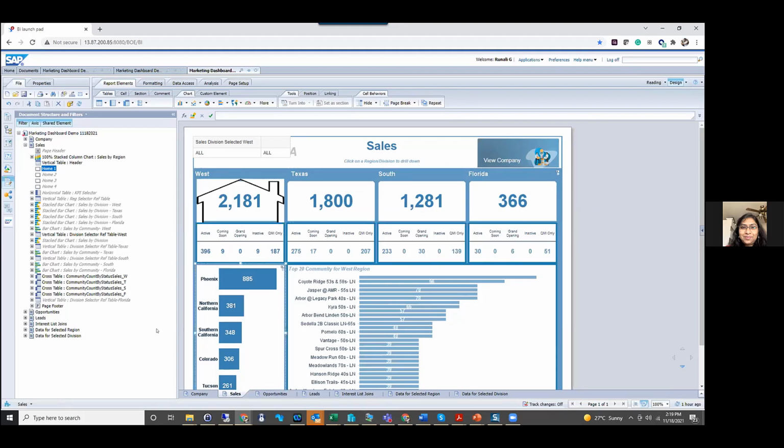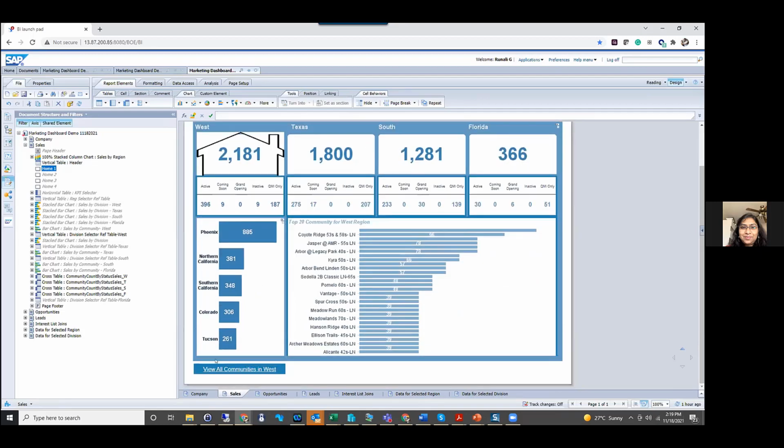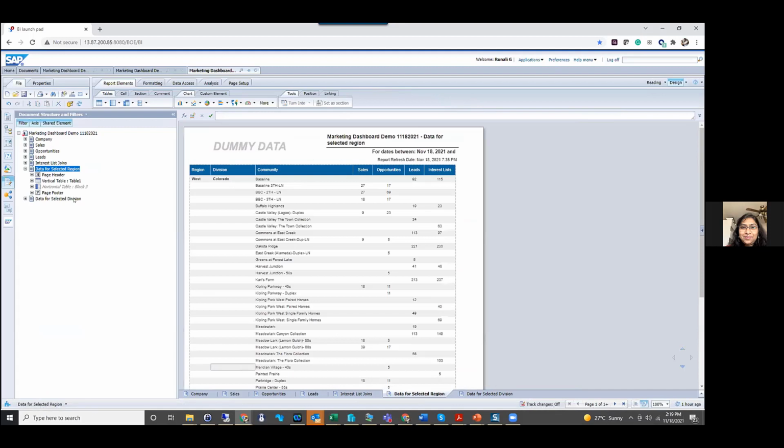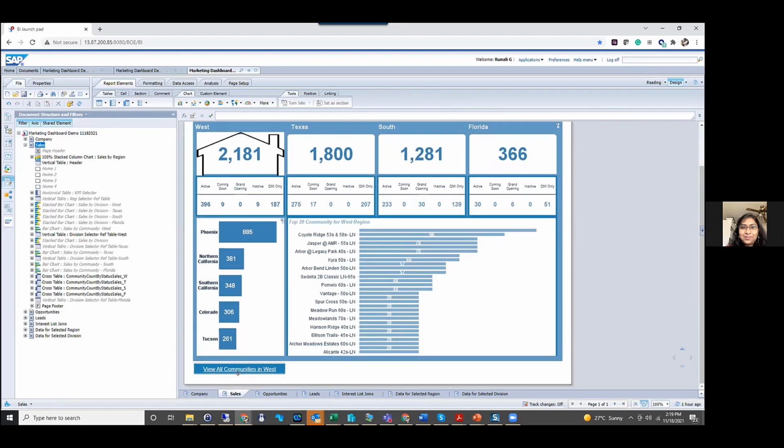And the last one I'll mention is the workaround, the parameter passing for inter-document linking. This is another table, even though it looks like a cell, it's a table. And when I click on this, traditionally with inter-document linking, you'll not be able to pass a parameter. But what I have done here is, again, making use of the references, I have set up